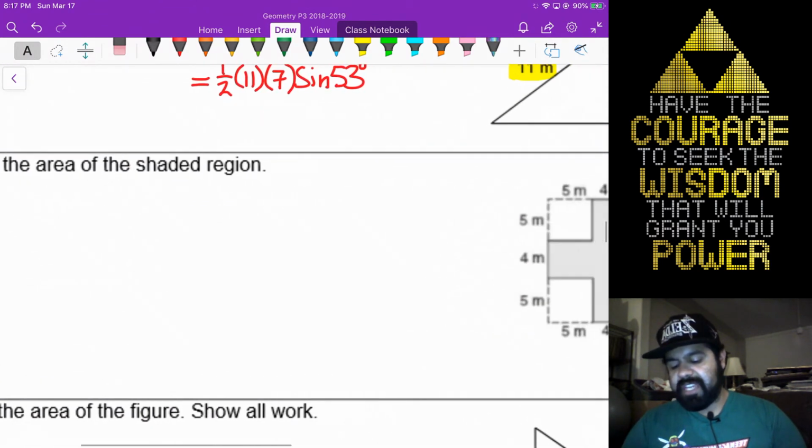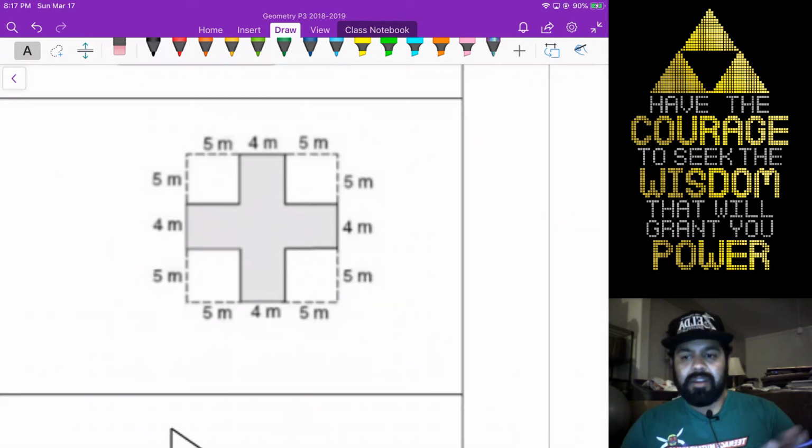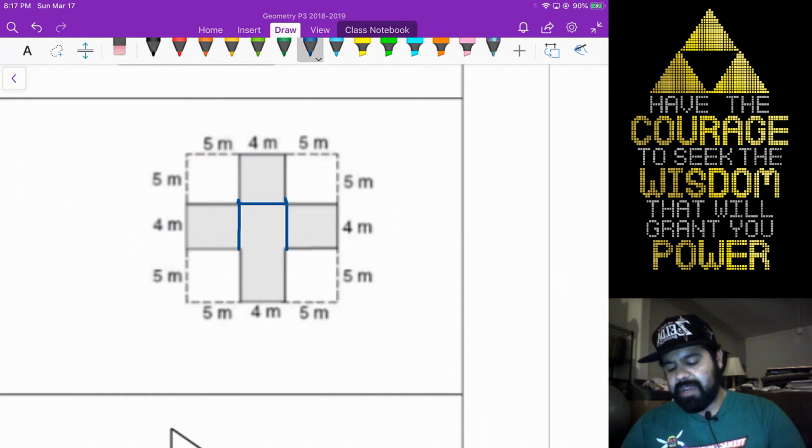15, find the area of the shaded region. There are a couple ways of looking at this. You could say, hey, I want to find the area of each individual square and then add them up. You're more than welcome to do that. Right? You could say, oh, this length of 4 and this length of 5. 4 times 5 is 20. And that's going to be the same for these other rectangles. Don't confuse them for squares. Okay, they're definitely not squares.